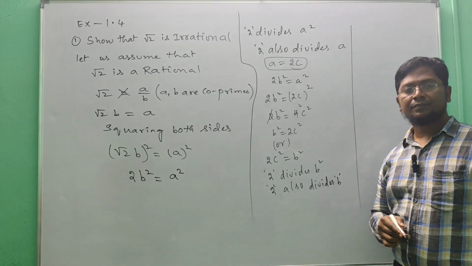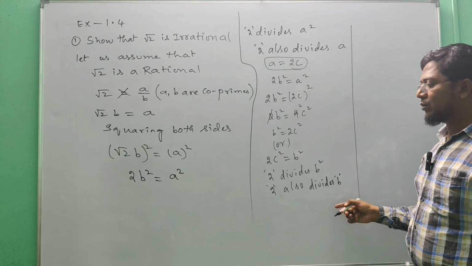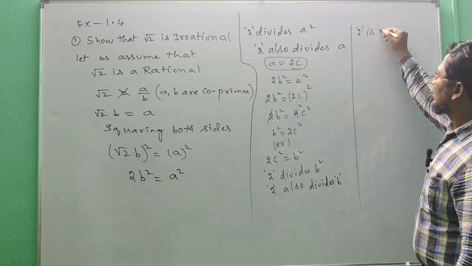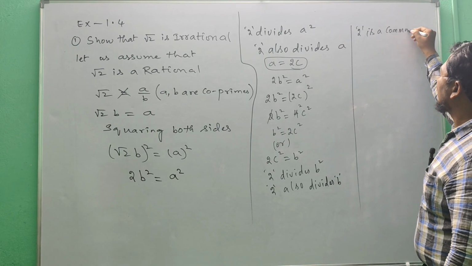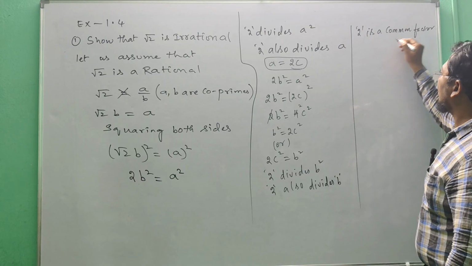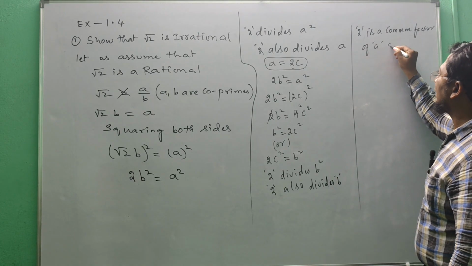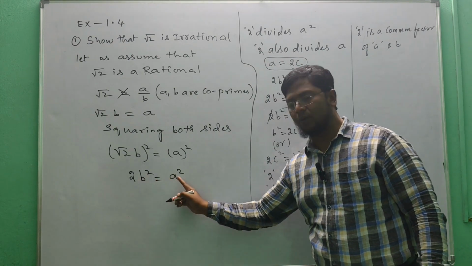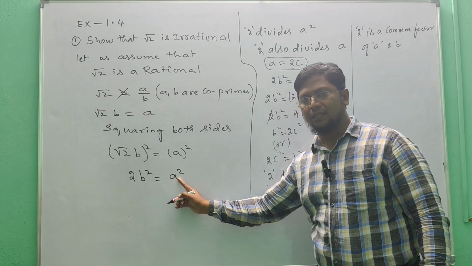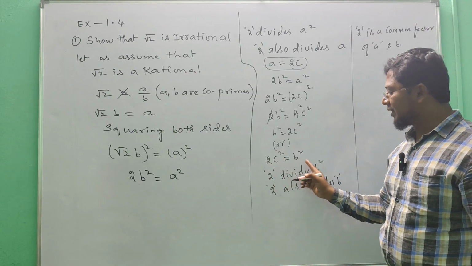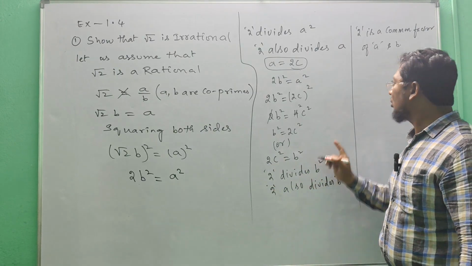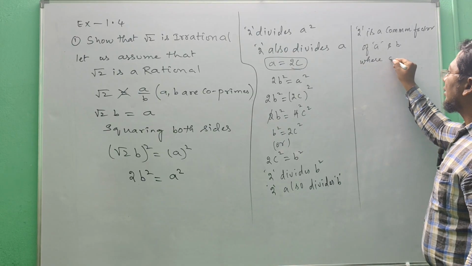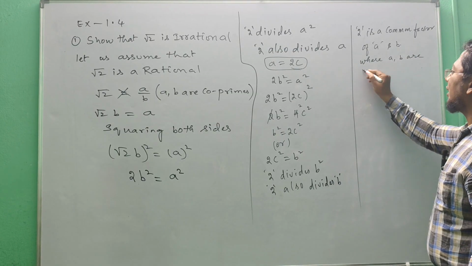So we observe that in both cases, 2 is a common factor of a and b. Because we are observing 2 divides a square and 2 also divides a, and 2 divides b square, 2 also divides b. 2 is a common factor of a and b, where a, b are co-prime,